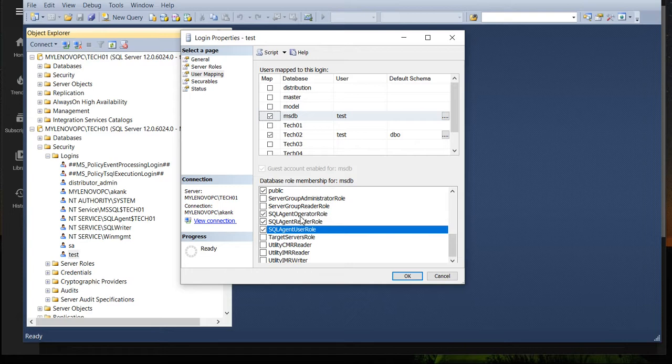SQL Agent User, SQL Agent Reader, and SQL Agent Operator roles. I have created one detailed video about them, and I will provide the link in the description. In it, I described for each role what kind of activities we can perform with the SQL Agent Operator role, the SQL Agent Reader role, and the SQL Agent User role, and what the least privilege and the maximum level of privilege are for SQL Server Agent for any user.